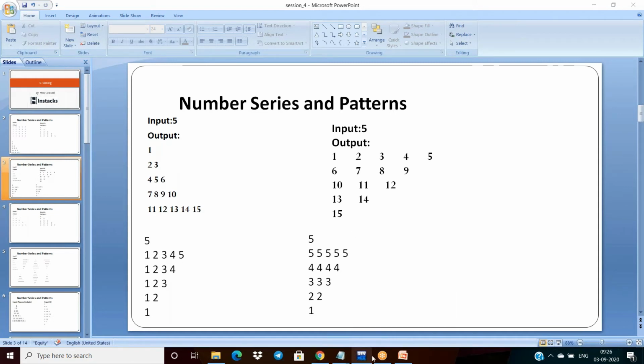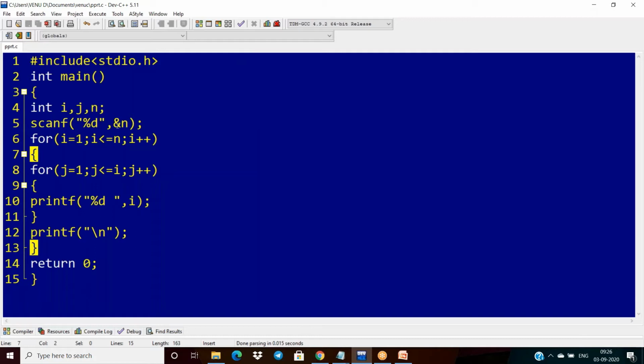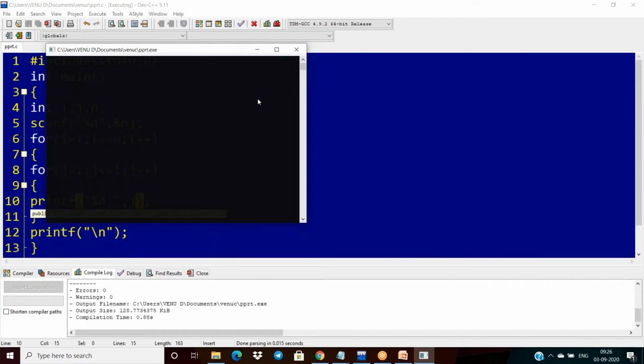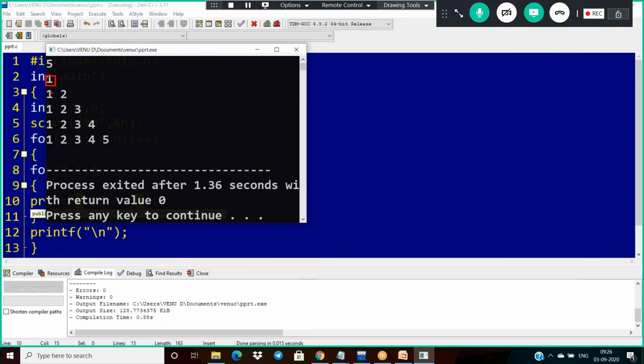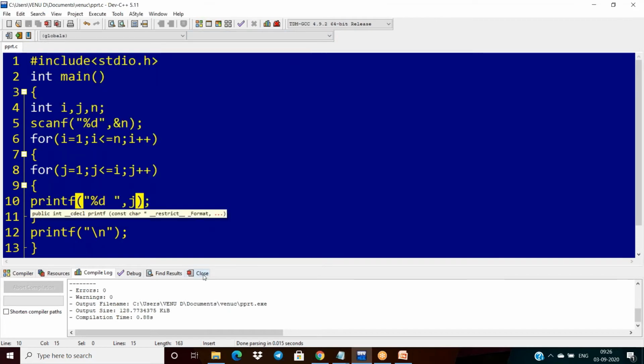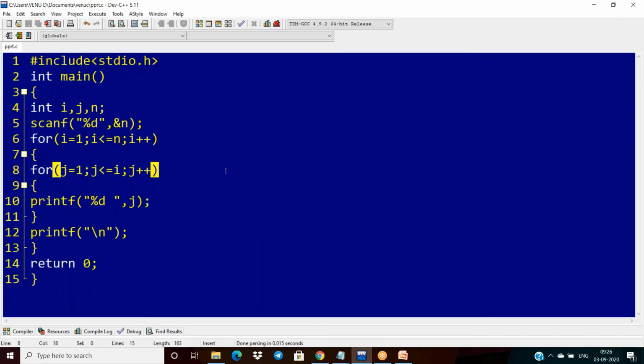If I take J here, I get 1, 1, 2, 1, 2, 3. But after printing the first one, I want 2, next 3, so the value will be continuously incremented. Because of that, in this case we need one extra variable.